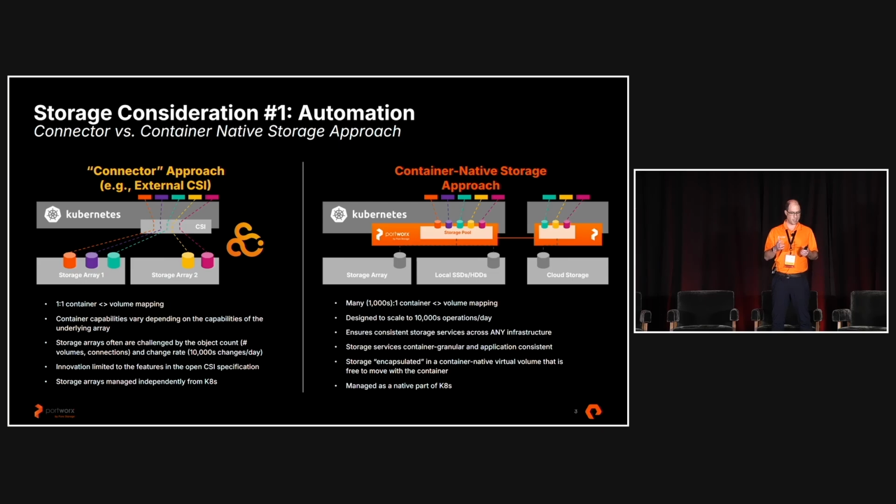And then the last piece I often like to talk about is the decoupling of the storage services and the data services from the underlying array, and what that allows you to do for automation. So if you've got a